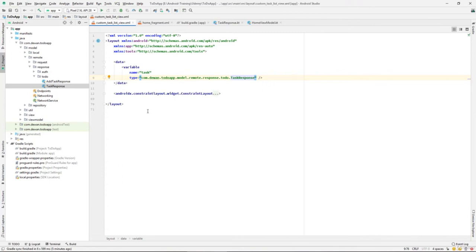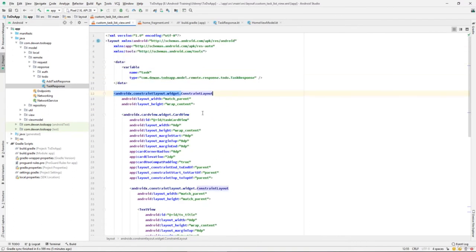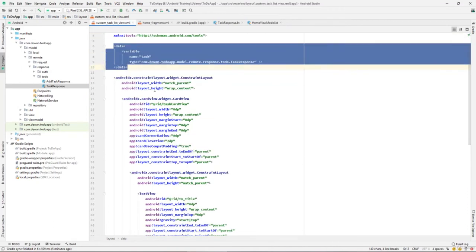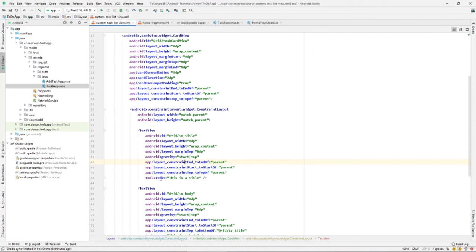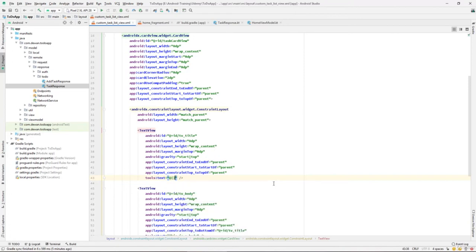Now we have added the data and a variable of a task, and now we can make use of this task inside our view. So we can bind a view with our data. This is our data section, and now we have a text view which can be bound to our variable. So we can go to our text over here, and in the text section, instead of this one, I can make use of an at sign and opening and closing curly braces,